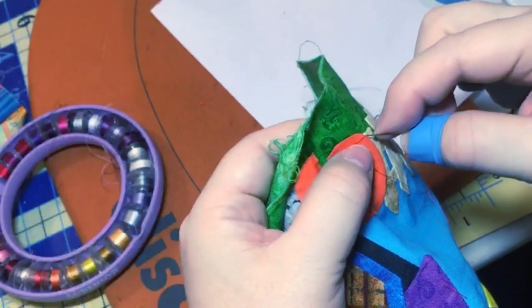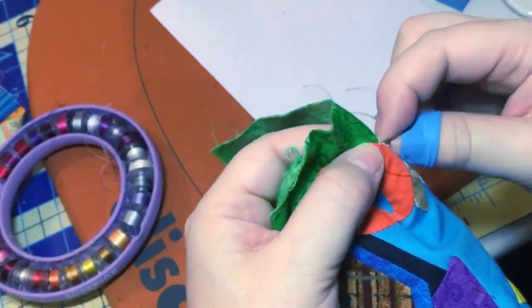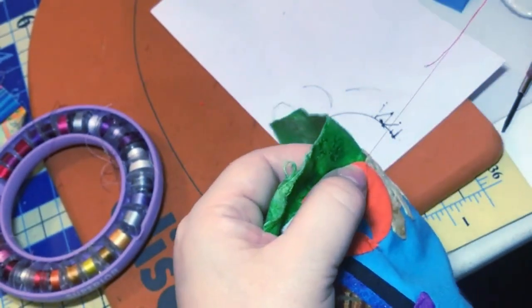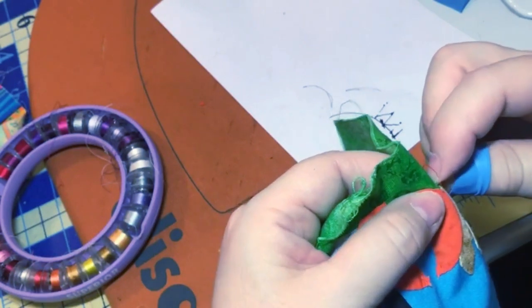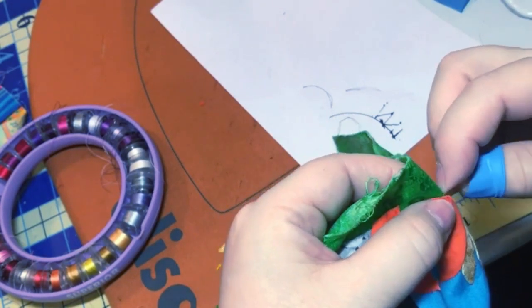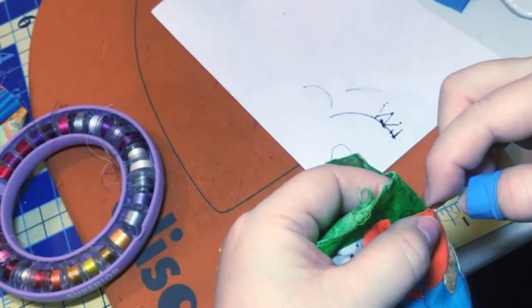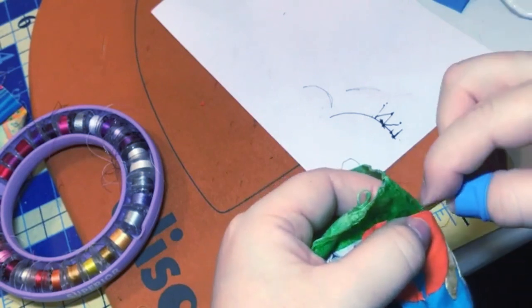It is easier to go through just plain background fabric. When you're dealing with the other pieces, sometimes it gets a little hard. And having a new needle helps. When it's getting hard to push the needle through the fabric, it could be the fact that your needle's getting dull. It's time to change it out. I just changed needles and this feels good. This afternoon, that other one was starting to hurt all the time